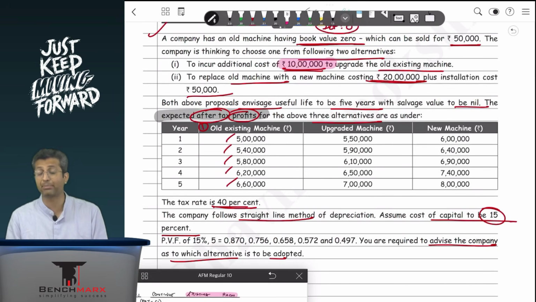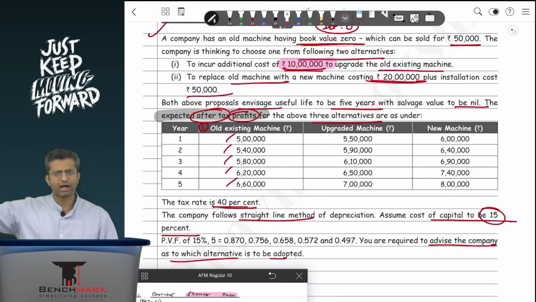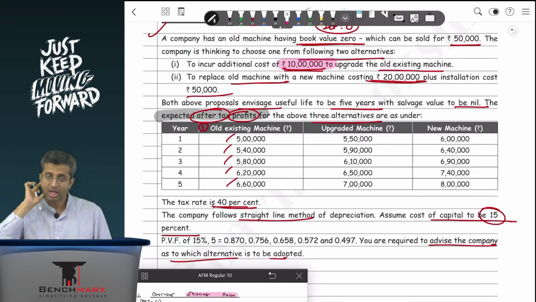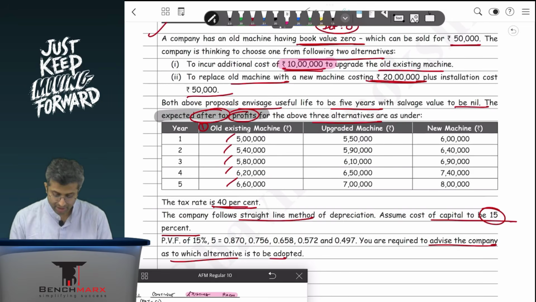This is assumed to be capital in nature, and hence on this 10 lakhs you will get a depreciation over the next 5 years, let us say of 2 lakhs in each year. Hence, if I do the NPV working, my PVCO will be 10 lakhs, and when I calculate the PVCI, well, this is my cash inflow. No, this is PAT, and hence to this I will add back the depreciation of 2 lakhs in each of the years. 7 lakh 50,